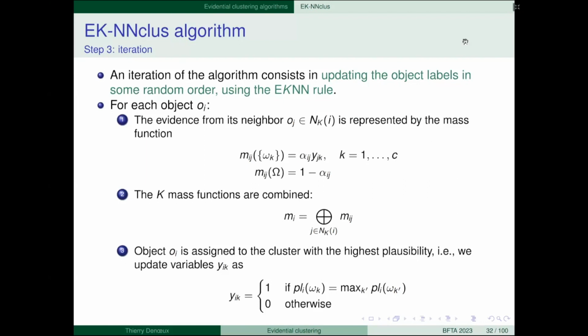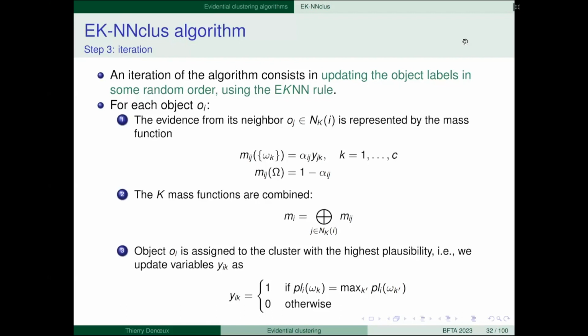So you see, the larger the distance between o_i and o_j, the smaller alpha_ij. Because if the objects i and j are very far, the evidence from object j is weak. So the mass here should be small. If we consider k neighbors, we have k mass functions like this.